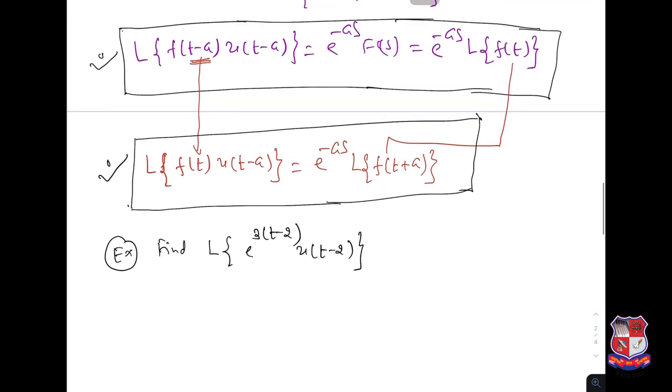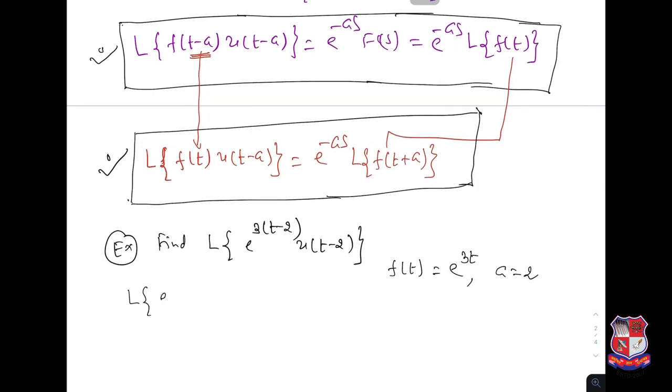Now see this e power 3t minus 2, and here it is f of t minus a. So this is of that kind. So then what is f of t? F of t is equal to e power 3t. What is a here? 2. So now